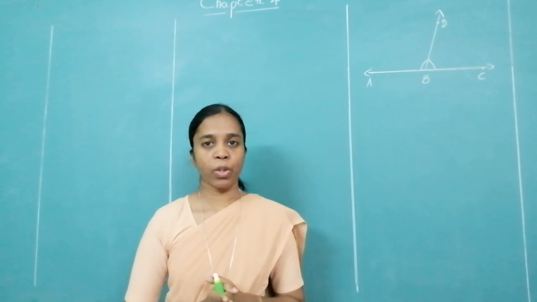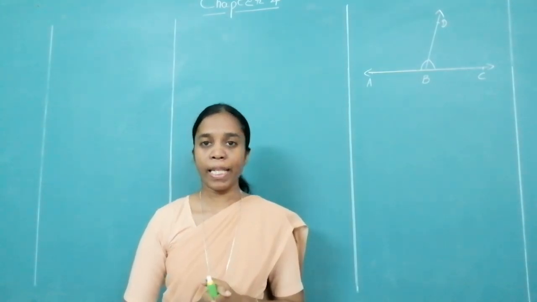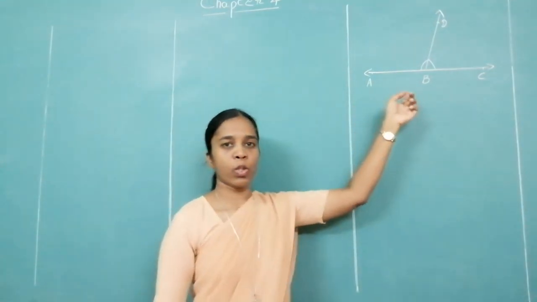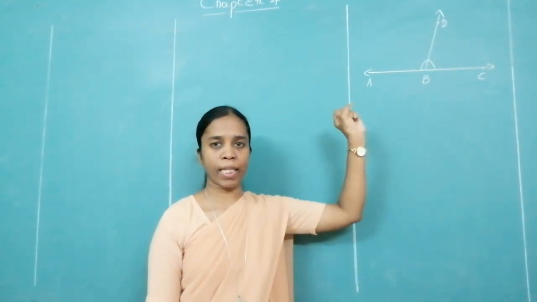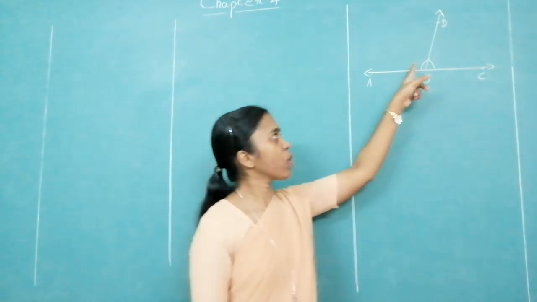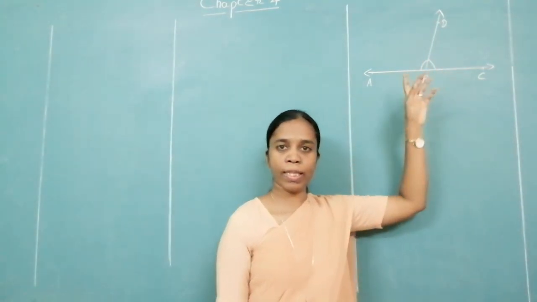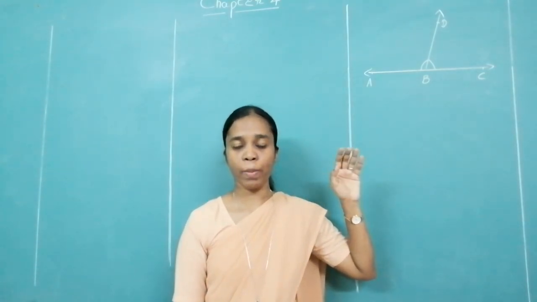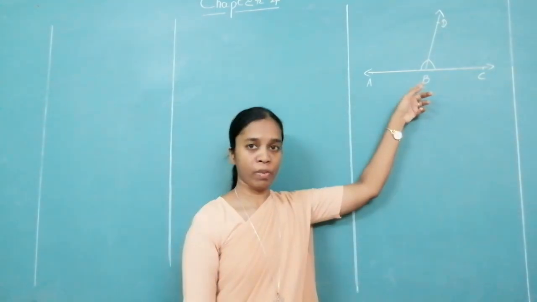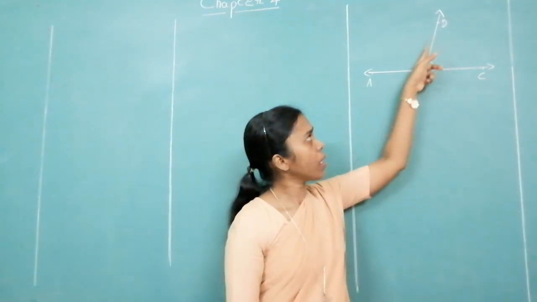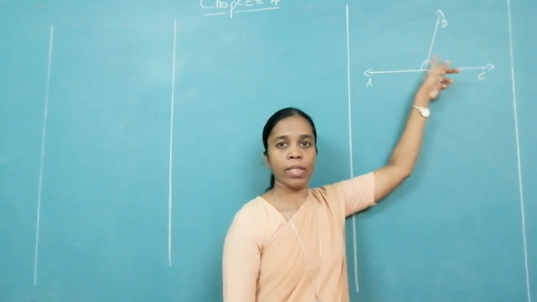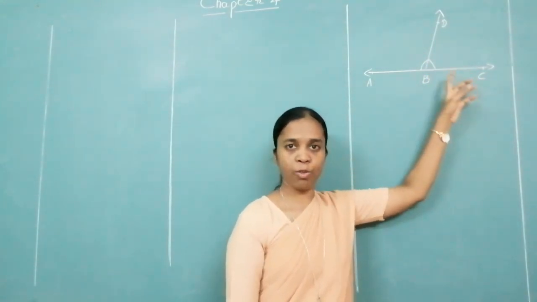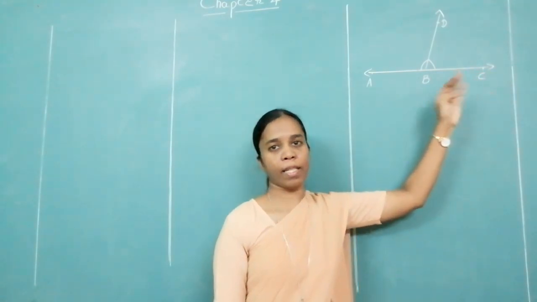Now, today we are going to see what a linear pair is. You can see two angles over here. What do you call these angles? This is one angle, this is another angle. They are adjacent angles. Why do you call them adjacent angles? Because they have a common vertex and this arm separates the interiors. It is a common arm which separates the interiors. Therefore, we call them adjacent angles.